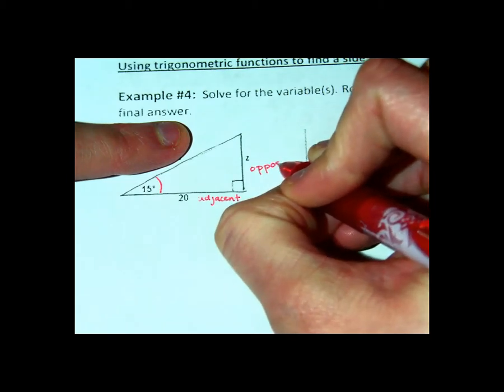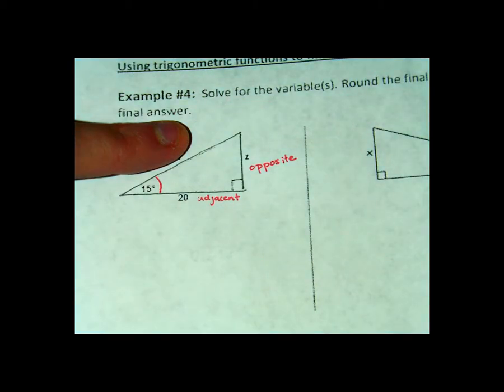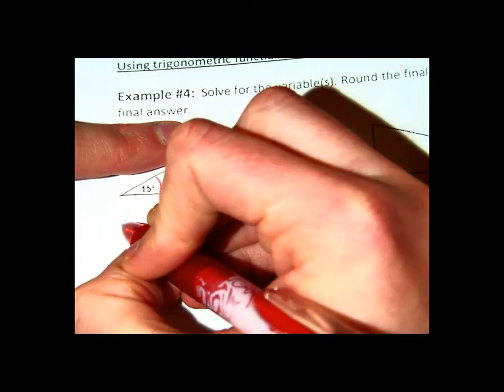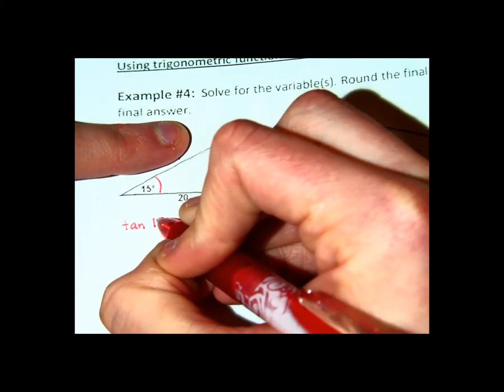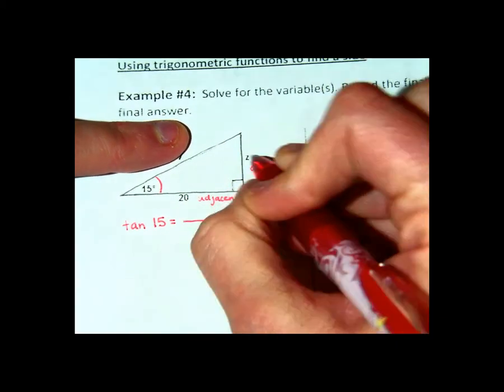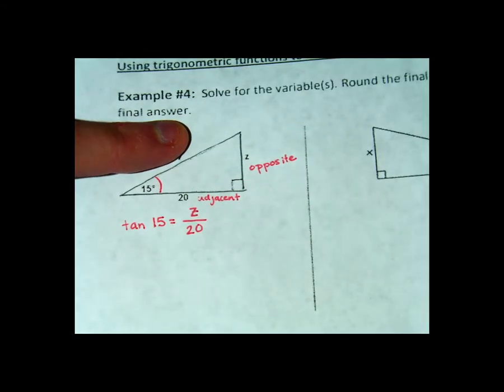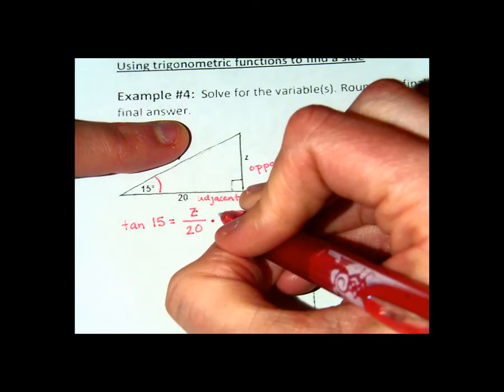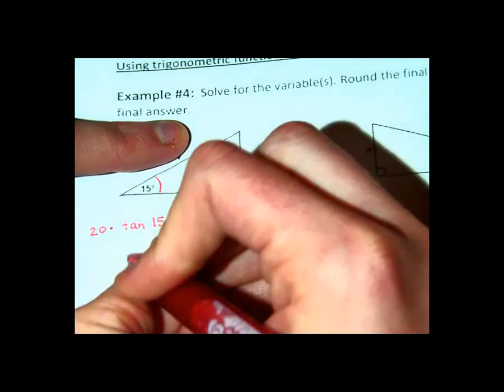Okay, which of your trigonometric ratios involves opposite and adjacent? Tangent. If you remember from your ratios, and you should have them on the next page that you're looking at, the ratio for tangent is tangent of the angle is equal to the opposite over the adjacent. And then you are going to multiply. Multiply by what? So Z equals